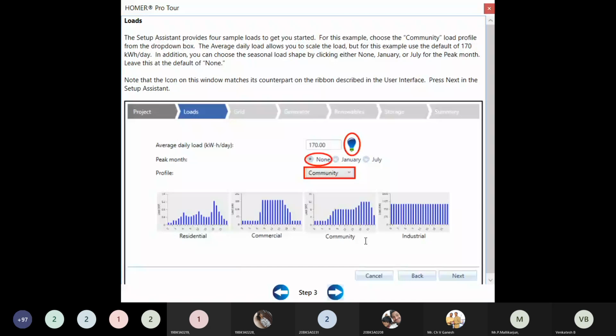Next, step 4. Not it, sir. Yeah, once you design the system, I'm not changing, sir. I'll keep it in step 4 only. Once you design the system, step 4 has not come, sir. Step 3 is there. Yeah, it will come, I think.